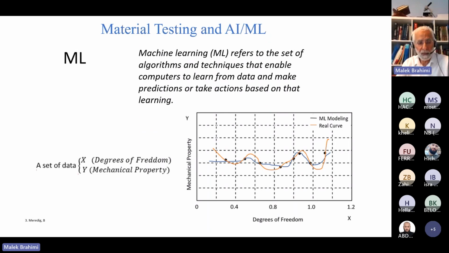Let me see if I have some examples of this. For example, there is one they call random forest. This is used to find this curve here to fit this data. When you find the curve, the missing data will be found easily. For example, between this point and this point, there is a lot of missing data. So you will find them. You see this curve is going through like this, so it gives you the missing data.